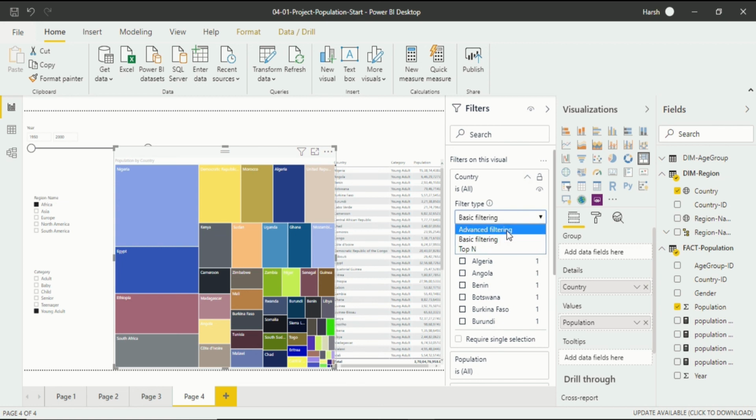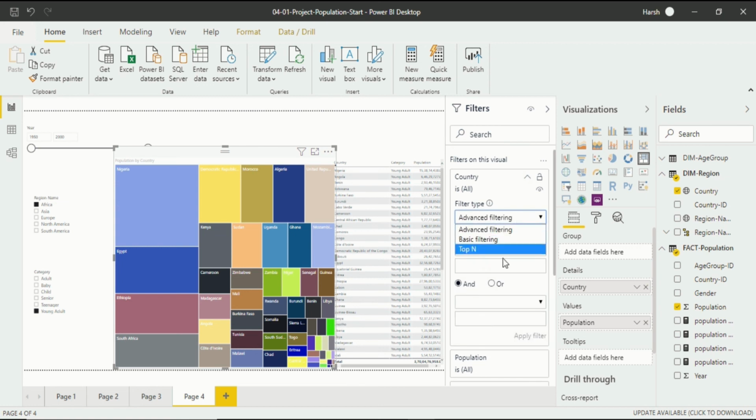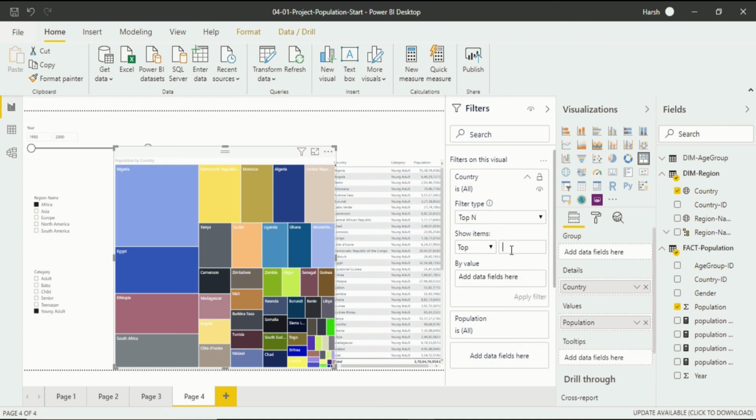So I will go for advanced filtering, because that also does not work in this case, because on the basis of equal to or contains, only then can I apply it. In this case we will go for top N, like the top 15 countries.